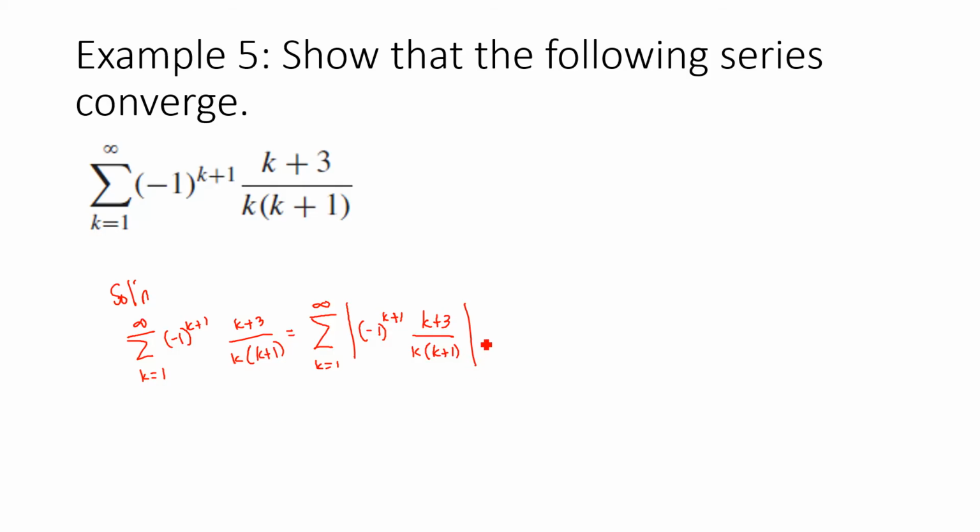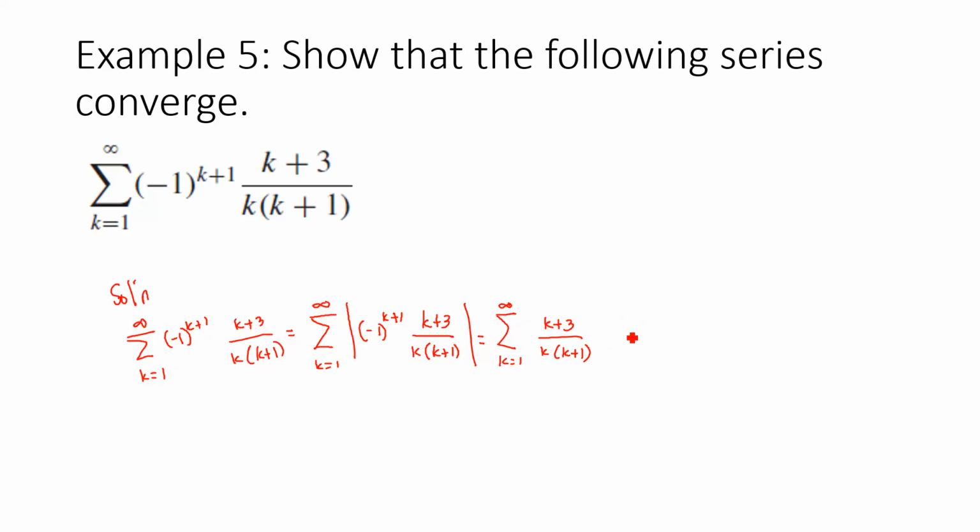By this, we just get the summation of k plus 3 over k times k plus 1 from 1 to infinity. This suggests that the series of absolute values should behave like a divergent series,